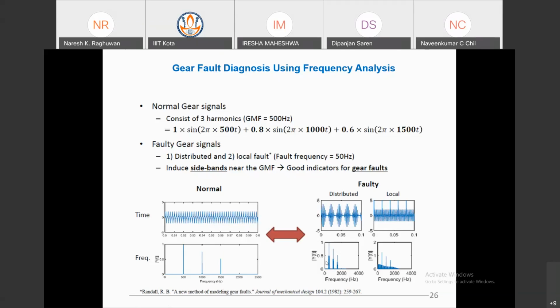The gear mesh frequency is there. Suppose one gear pair, two gears only, but in a gearbox there are different combinations of gears: one stage, two stage, three stage, like that. So there is a different mesh frequency for each separate train. It is a very lengthy process, but initially you can consider a single stage gear, two gears, a single mesh frequency and its harmonics. So in the frequency domain you can see their harmonics and the changes between normal and faulty.